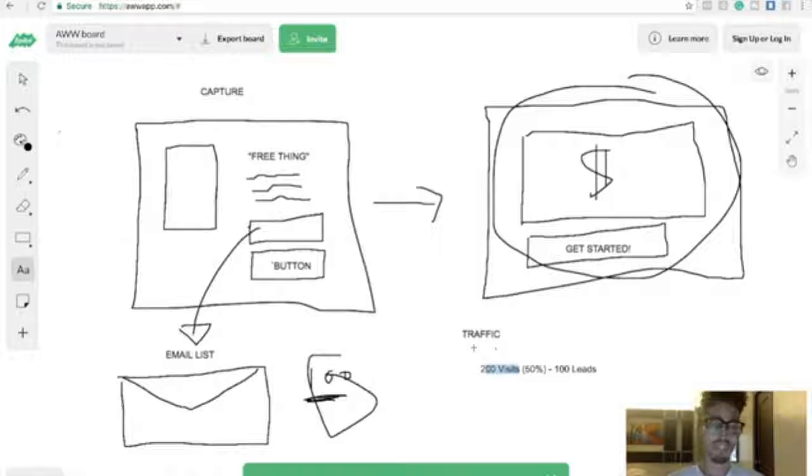But I'm going to teach you guys a little cheat sheet on how you can still, even if you have no following, no social media following or anything of that nature, how you can still generate these leads for free. Even if you're doing a little cheat, right? So what I'm going to basically break down to you guys is something called cost per click marketing, right? CPC marketing.